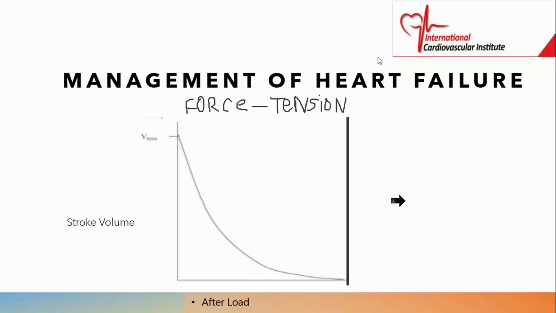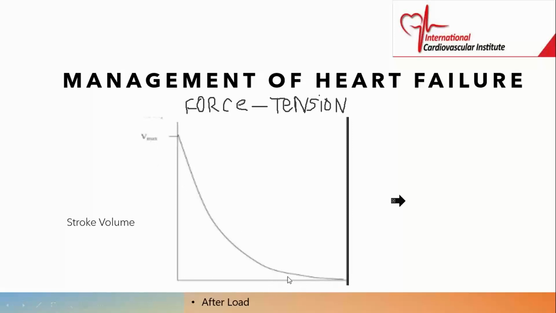So there is resistance, and that resistance is what we call the afterload. And then this is the stroke volume, the volume of blood that is pumped out of the heart per beat. So what this curve is telling us, and it's sort of an exponential curve,